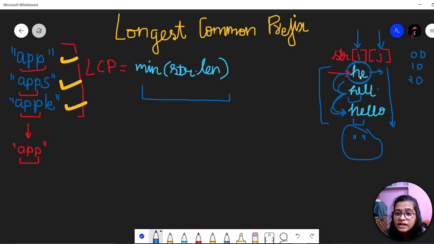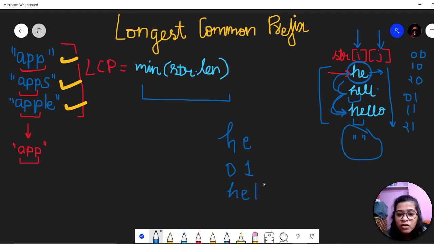First we are comparing h, then e, then as it is the minimum length string, nothing is present after he, so we will compare he with all these strings. Like this we are comparing the indexes, and then when 0 is completed, then 0 1, 1 1, 2 1. h is at index 0 and e is at index 1.